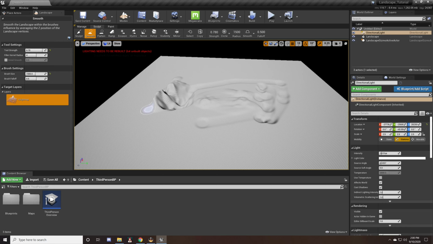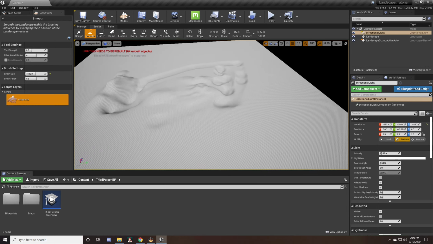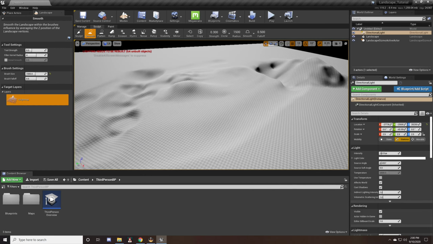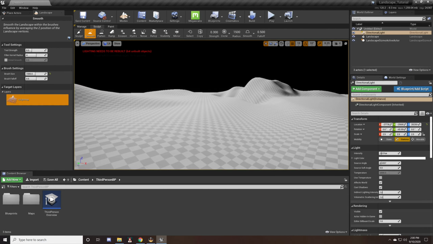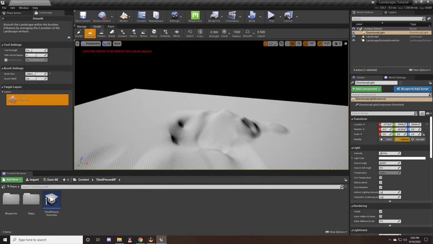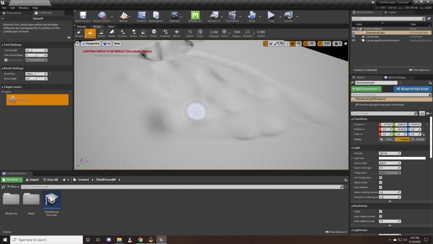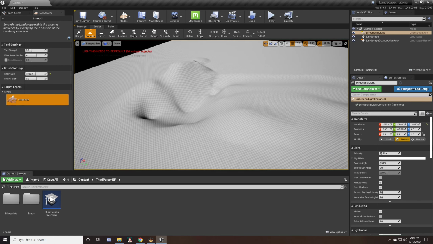We also have the smooth tool, which will just take some of the rougher edges. Turn the tool strength down a little bit. Just take some of the rougher edges of what we just made and smooth them out. So if we go and look at it, it's not as much of a crease, I would say, and it sort of smooths it out, gives it a more organic feeling to it, rather than just having like a circle brush on your landscape. So you use a smooth tool to kind of smooth some of those out,